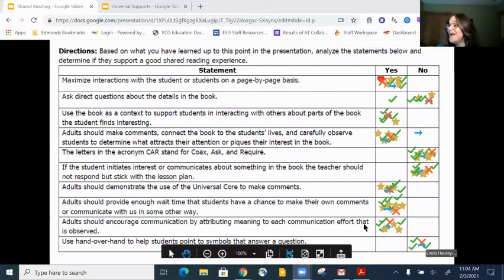Okay, I'm getting some yeses. So I'm going to get on my soapbox here because there's no really wrong answer, but I'm going to talk a little bit about hand over hand. When you are doing hand over hand with a student, there is no motor activity happening. None. You are moving them. So there's not a motor pathway firing. They're not learning how to get to that symbol. There's no motor learning happening at all when you use hand over hand to help a student point to the symbols.